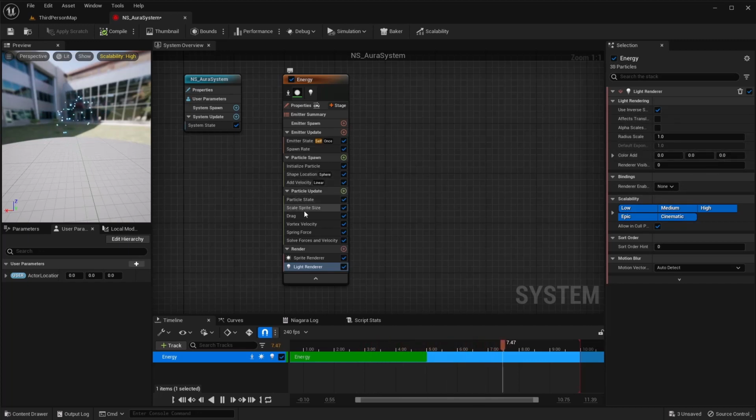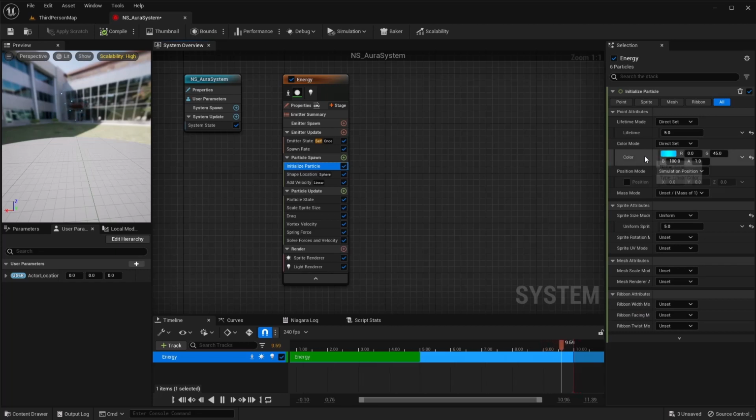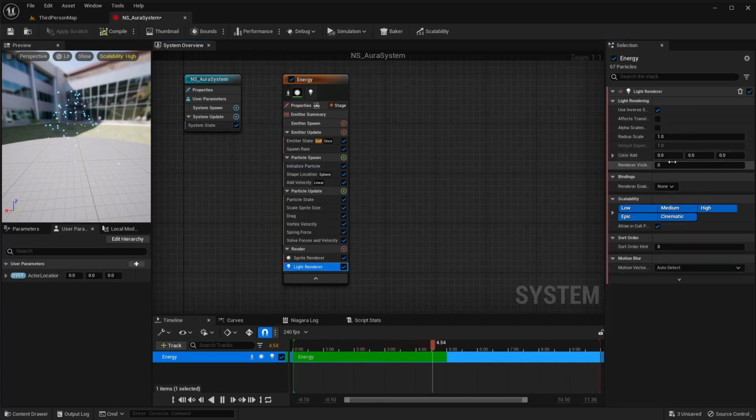I'm actually just going to copy this color. It may not let me actually copy it because it's a different format. So I'm going to do 45 green, 100 blue. If we go to our light render, we're going red, green, blue. So 45 green, 100 blue.